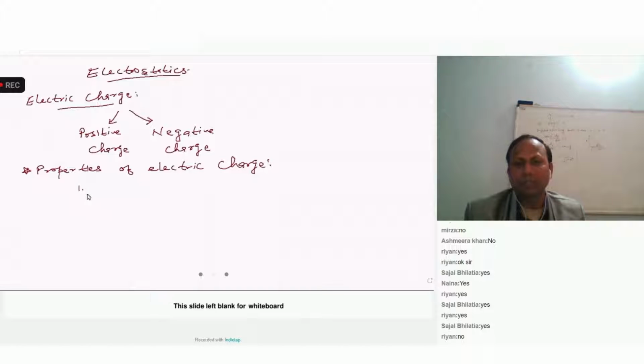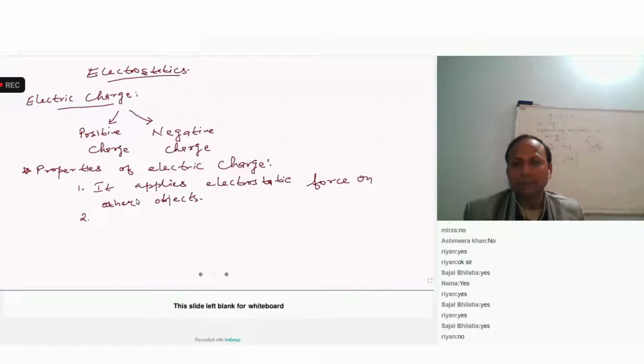Number one, it applies electrostatic force on other objects. All right. Number two,